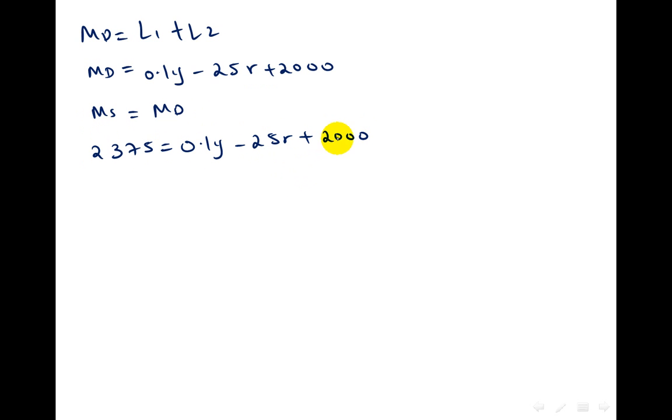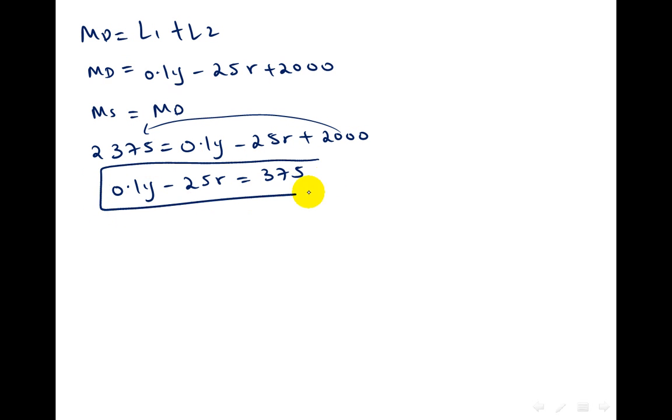I will collect the like terms, that means take the number with the number. So you'll have 0.1y minus 25r equals to 375. So this is our LM schedule. Again, I'll tell you what's the idea for the LM schedule. This is our LM, and don't forget the IS was